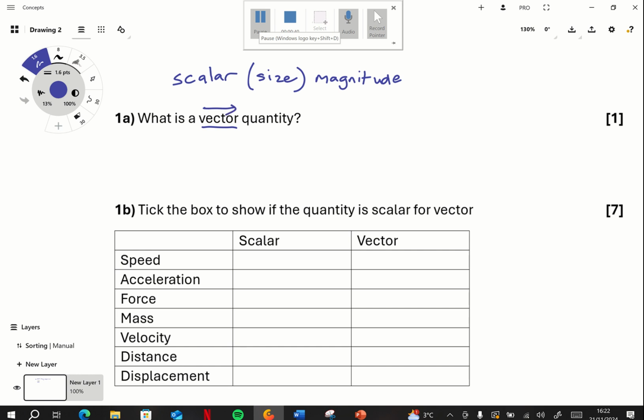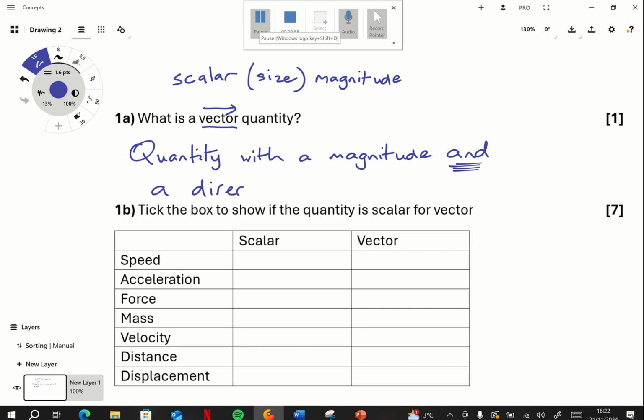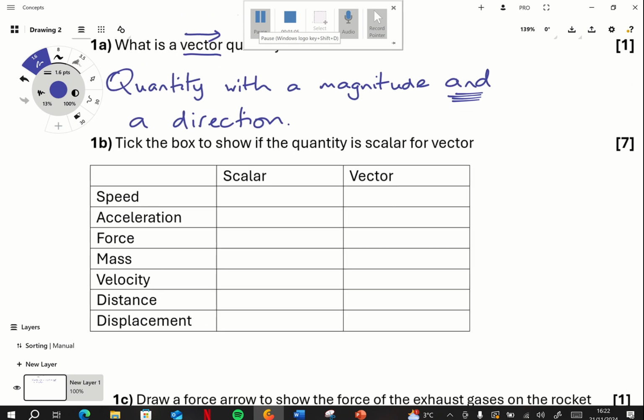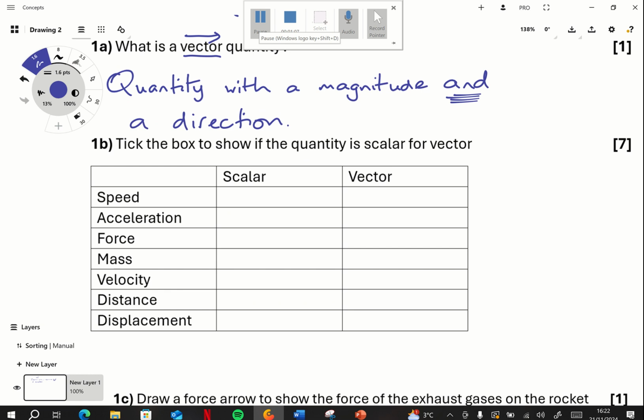So what's a vector quantity? It's a quantity with a magnitude or a size and a direction. So then we've got some measurements here, and you've got to say whether they're